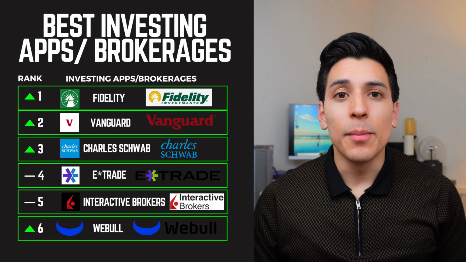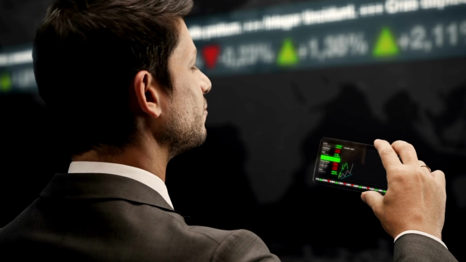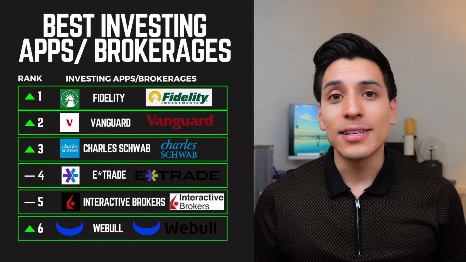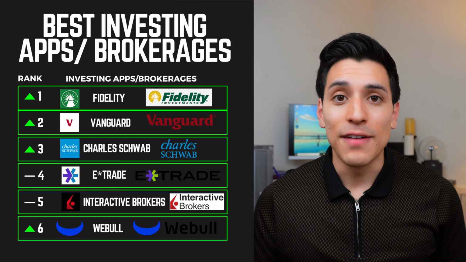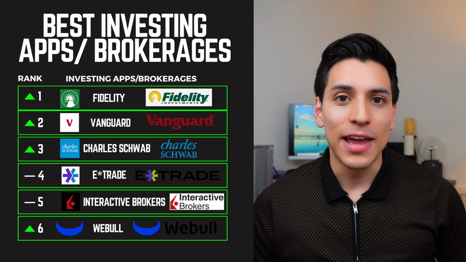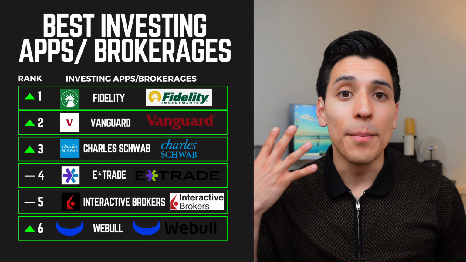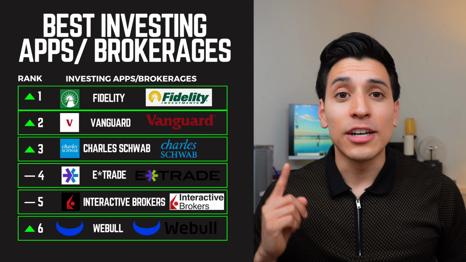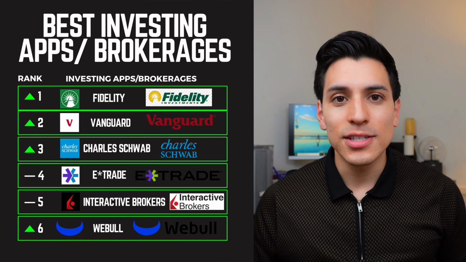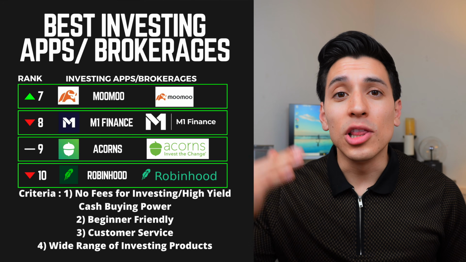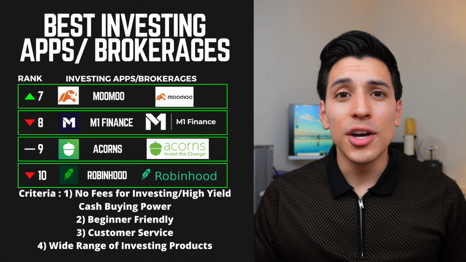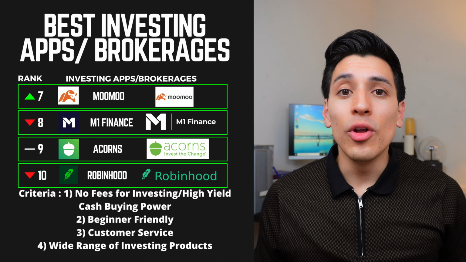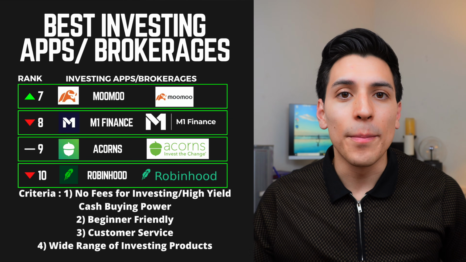Now, I have ranked some of the best investing platforms. As you can see, number one is going to be Fidelity, because I am not biased, even though I am a Vanguard investor with all my assets with Vanguard. I like the companies in the top 5, especially in the top 3, like E-Trade and even Interactive Brokers, because they're just that good. Now, the companies below the top 5 ranking are good-ish, but I don't like Robinhood especially. Get a real brokerage account like those in the top 5.